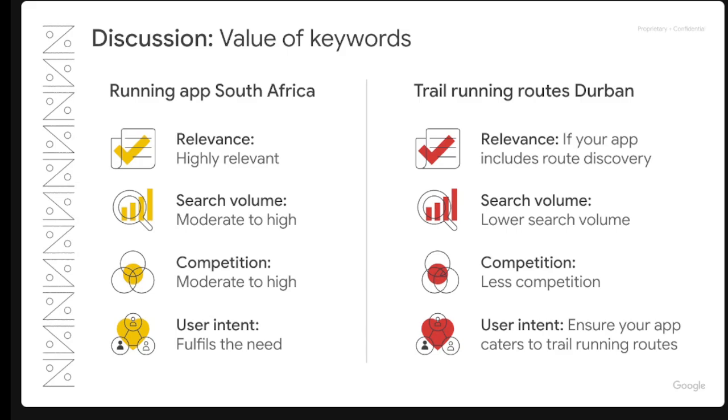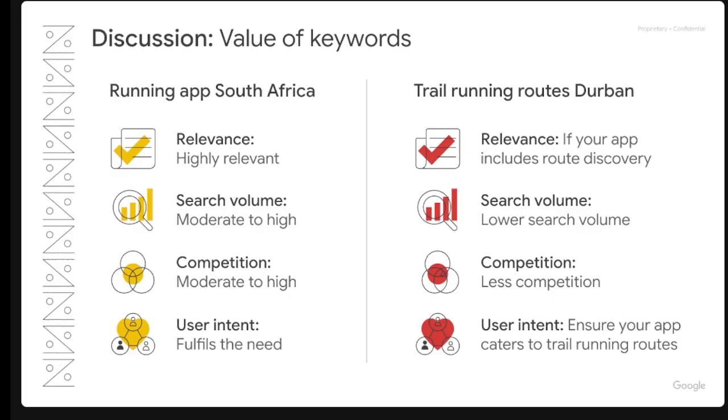When it comes to competition, as I've mentioned, it is expected to be moderate to high because many fitness apps that are running apps cater to this common need. But when it comes to user intent, users want a running app specifically for South Africa. So this is a good keyword, and it will allow the app to rank because it is an app that